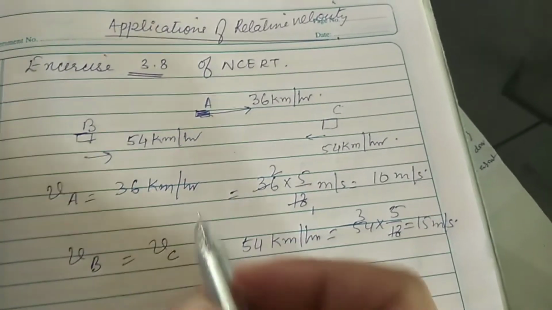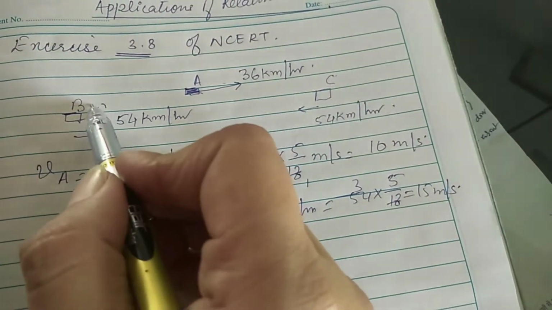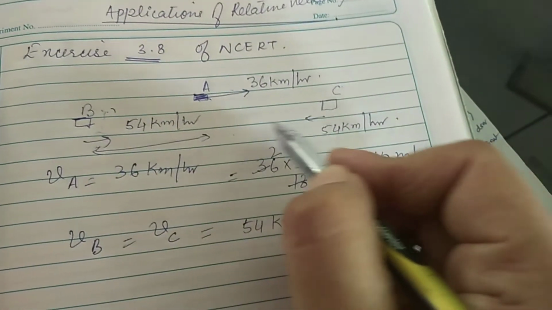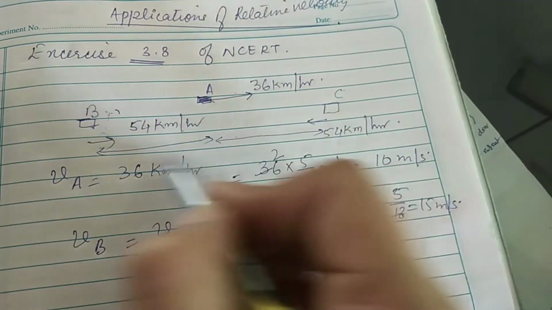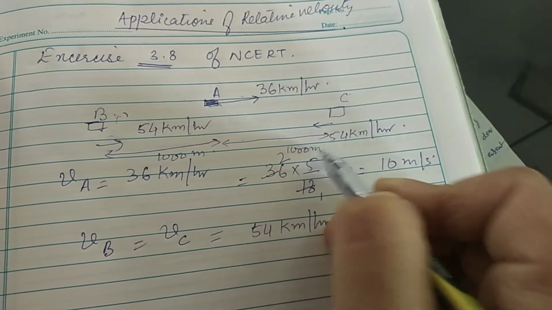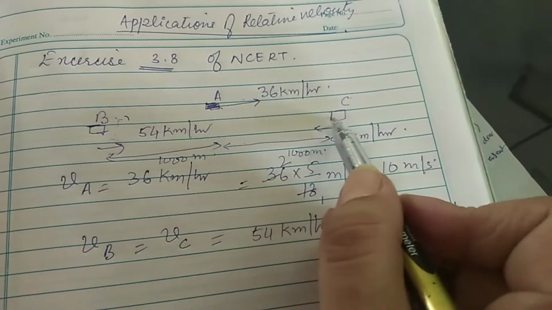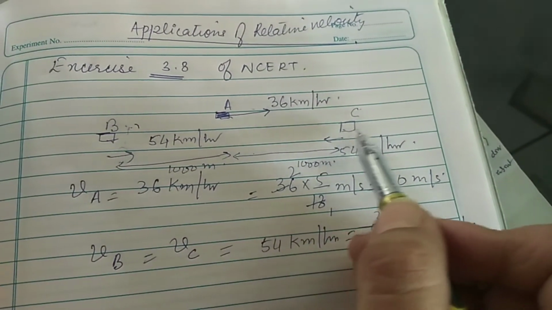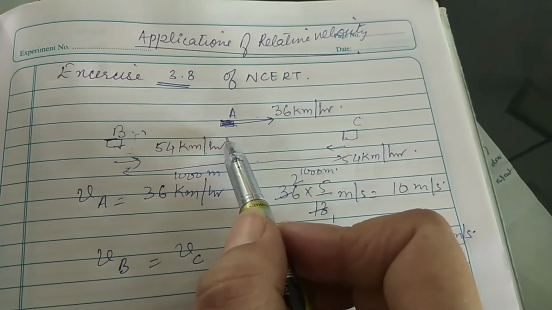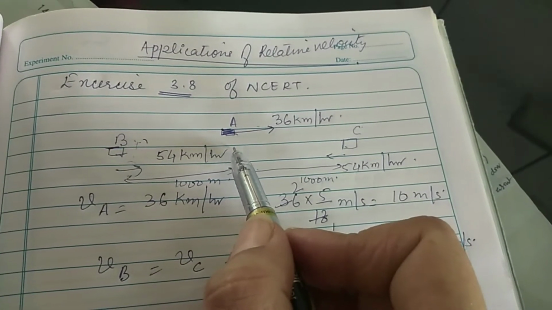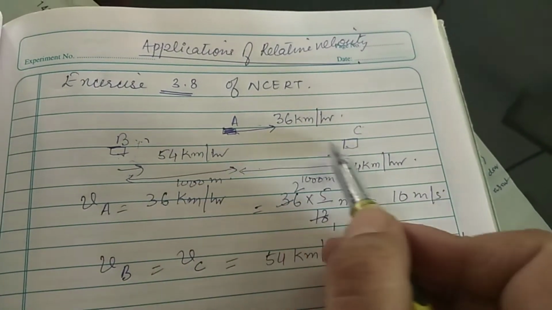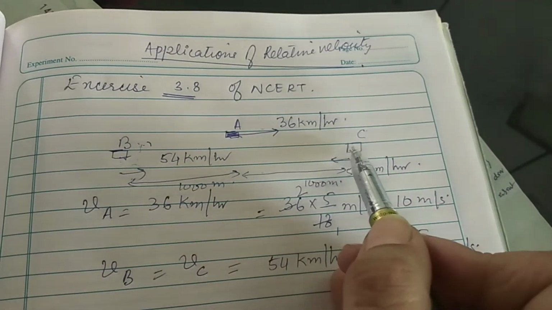Now at the instant when both of the distances are the same, this distance from here to here and here to here till C, it is 1 kilometer or 1000 meter. Car B decides to overtake A before C does. C is going to cross it in some time. During that time, that is the minimum time, car B has to overtake A. So it has to overtake car A before C does.